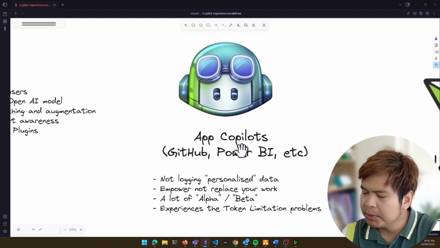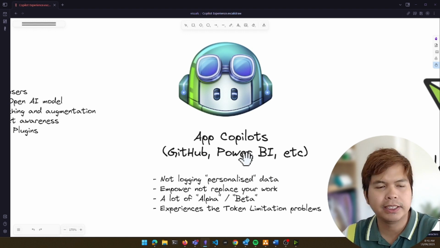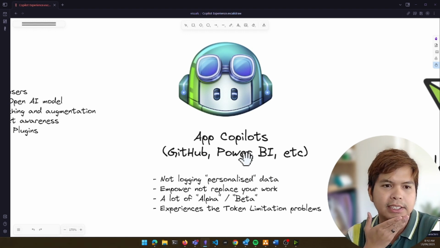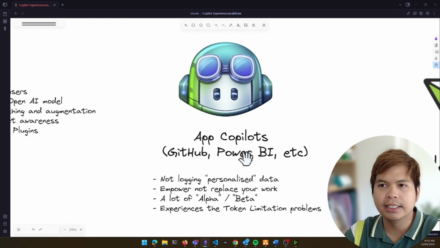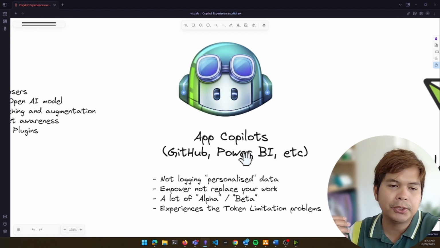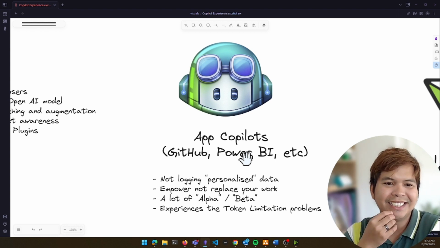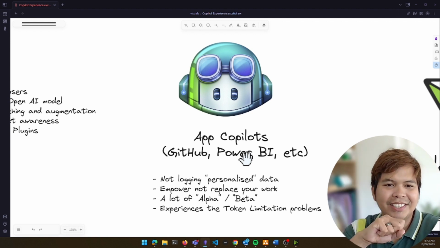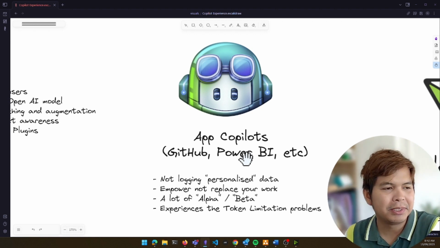For example, in the future, with Power BI and Microsoft Fabric, you'll be able to generate reports and graphs just by typing prompts, which is very powerful, compared to generating all of those different